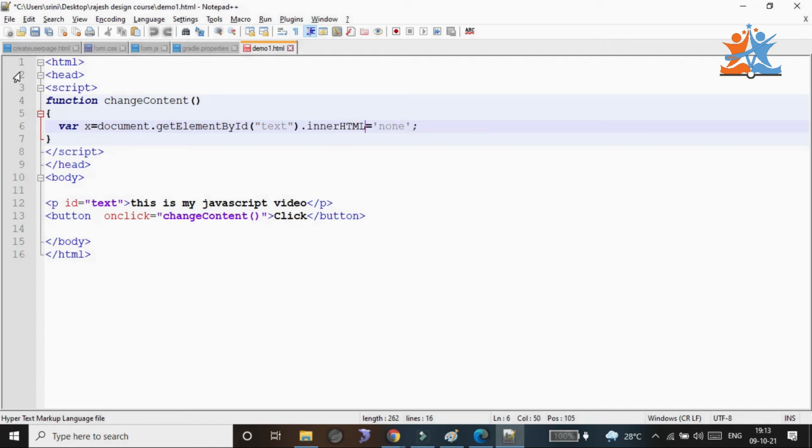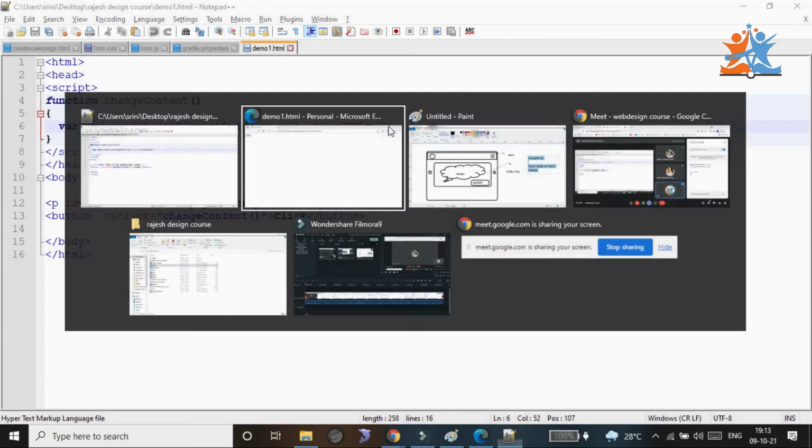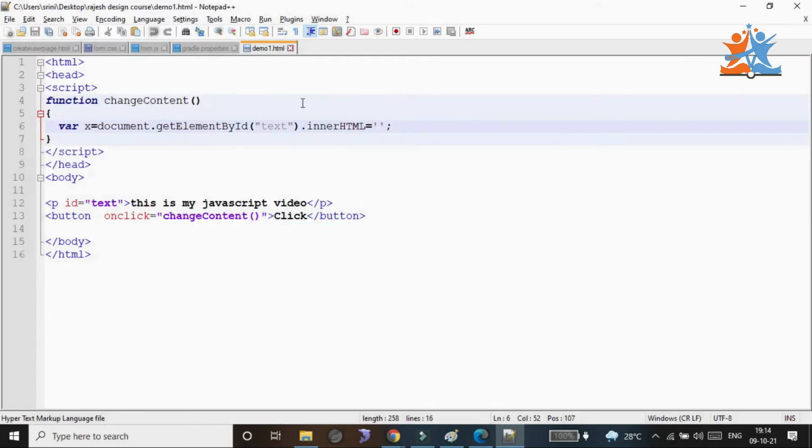So what happened we will see. Refresh. If you click it, this is also a possible case. Sir, if you give inner HTML empty, in that case it will work.